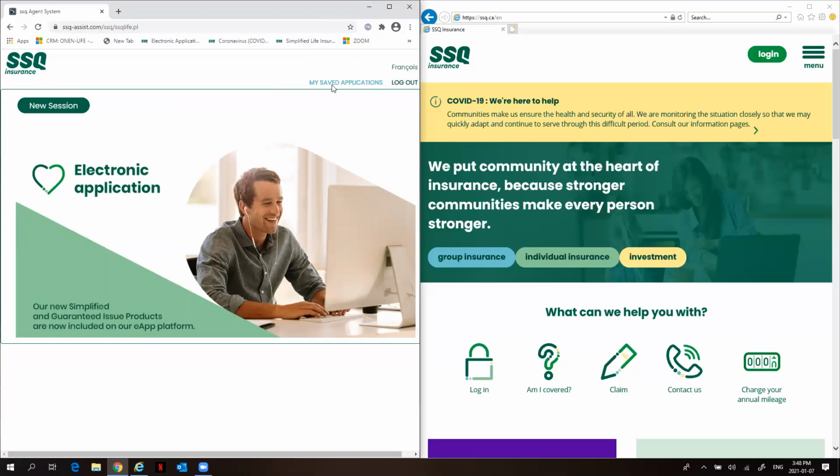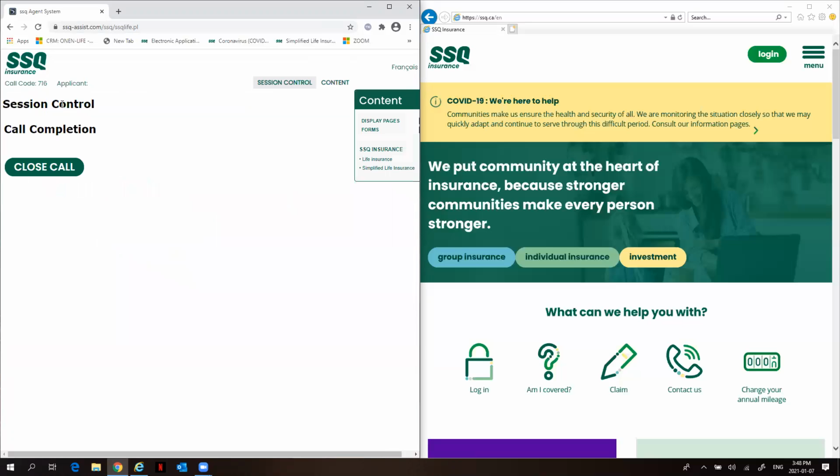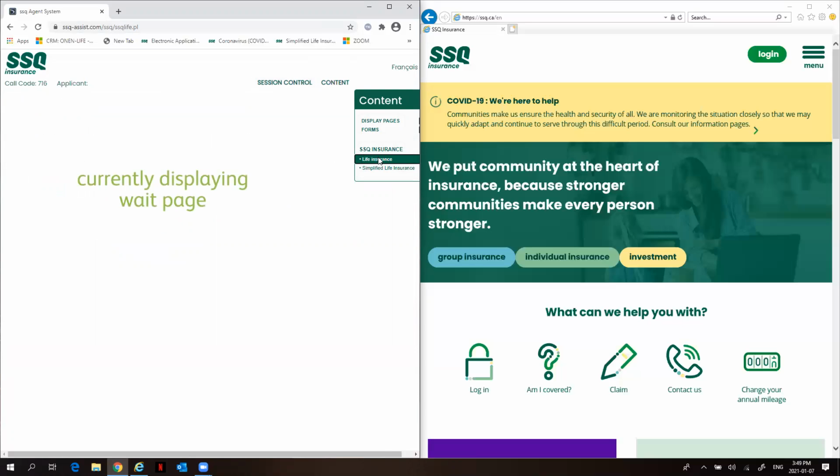You can then log back into the electronic application page, click on My Saved Applications, find the application that you've started, click Open and Continue. Otherwise, you can click on New Session, and you can begin a new electronic application. Once you hit New Session, you can then click on Life Insurance, and you are now into the electronic application